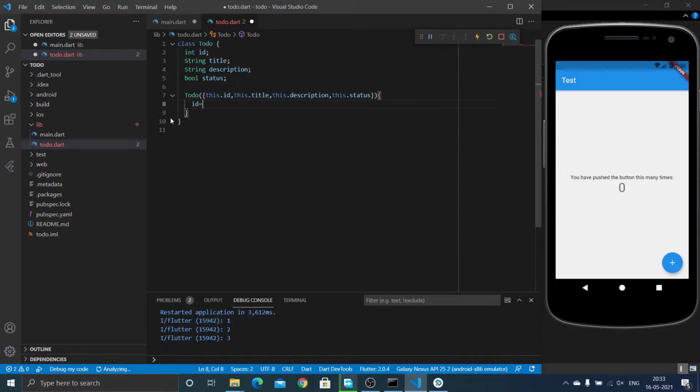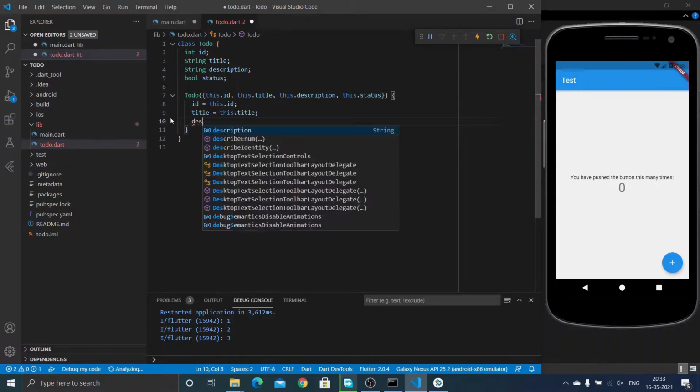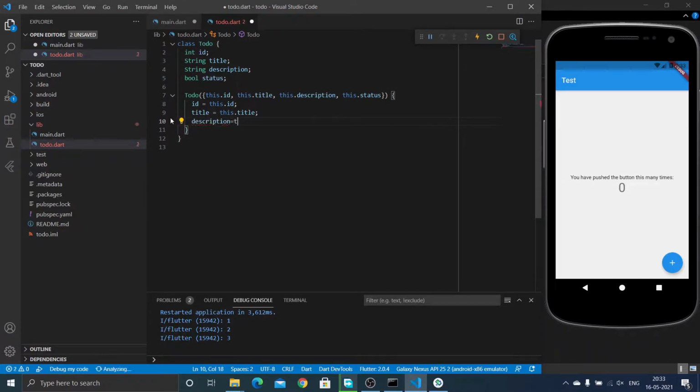Okay, so I'm just instantiating the properties of our Todo class. You can see that I'm giving id as this.id, title as this.title, description as this.description, and status equal to this.status. So okay, that's all about the constructor, and we need two more methods for this class: toJson and a